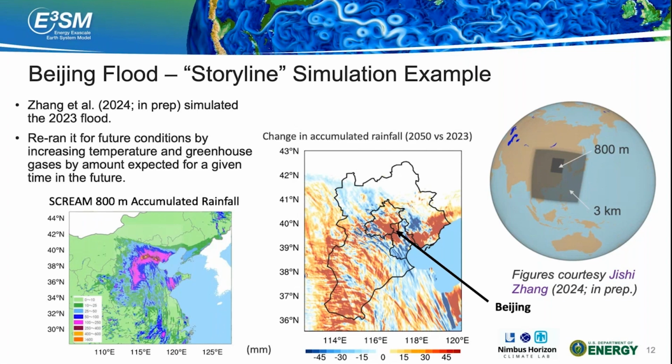Here we have an example provided again by Jishi Zhang, where she simulated the Beijing flood event from last year using SCREAM RRM and demonstrated that compared to observations, which are not explicitly shown on this slide, the model performs well in replicating the observed precipitation amounts and distributions for this event. Then the simulation was rerun, assuming 2050 greenhouse gases and emissions with precipitation differences in the middle panel, showing that, in general, localized areas which were